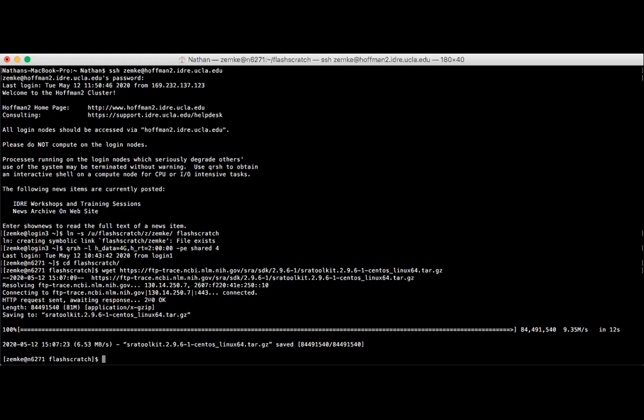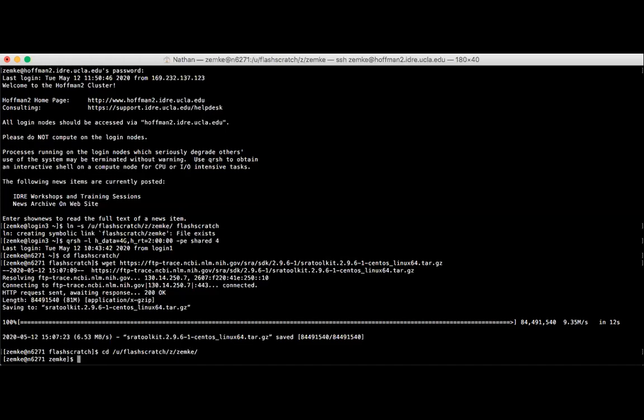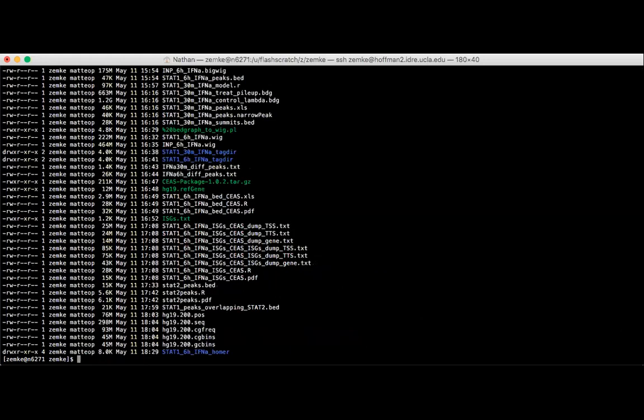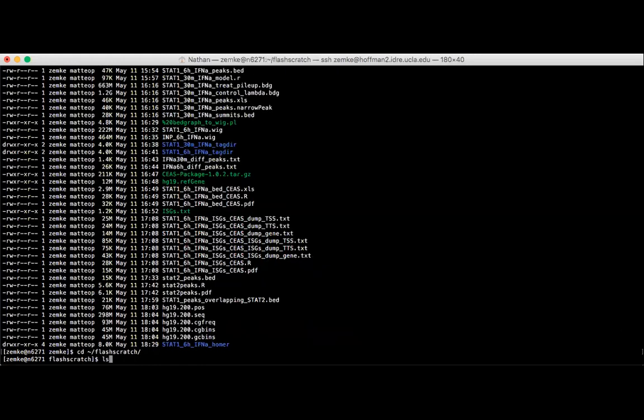But if that doesn't work, and you're not able to get the shortcut created, you can enter your flash scratch without using the shortcut just by cd and then the directory where your flash scratch is found. So I would enter it like that. Okay. All right. So I downloaded the